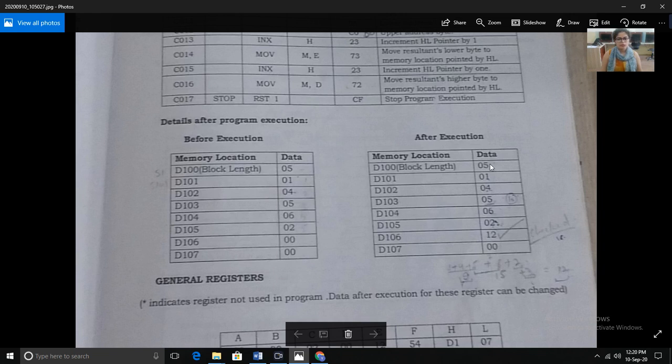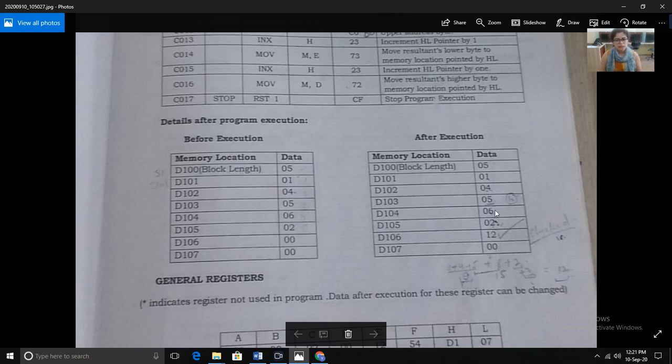This is the length of the block, which is 5. Now this is the data of 5 blocks: 1, 2, 3, 4, 5. This is the data, and the result is at memory location 5106. This is the answer, 12. Now how is the answer 12? You can check, this is the addition of these numbers. 4 plus 1 is equal to 5. 5 plus 5 is equal to 10. You know that we represent 10 as A. So ultimately we have a number 9, and this is A, 10 as A.